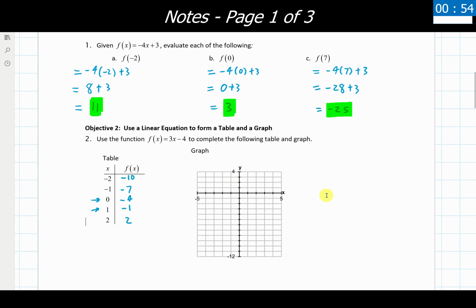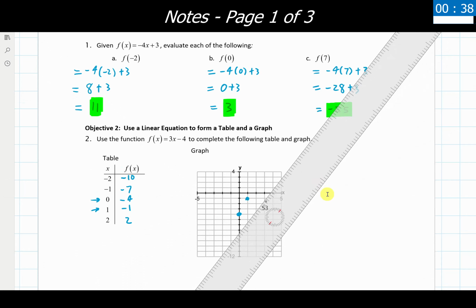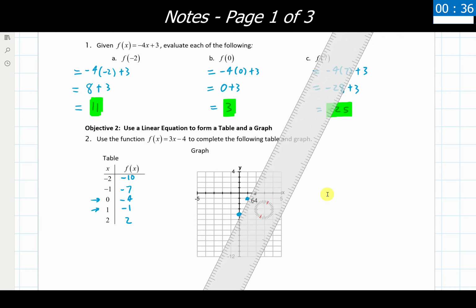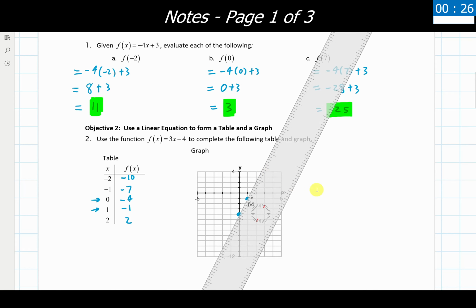So over here on my graph, I'm plotting 0, negative 4, so I'm counting down 1, 2, 3, 4, so I end it right there. My next point is going to be at 1, negative 1, so I should be right there. Bring out the ruler and see how close I can get this graphing. Try and get it reasonably close. That should do it. Ooh, no, that's way off. What am I saying? There we go. Maybe it'll... There, let me go again.